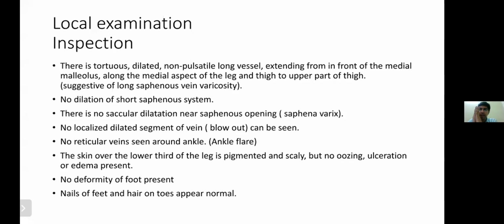Anatomically, as I said, the great saphenous system is the medial one. If you see swelling near the ankle, the medial malleolus, and moving on medially near the knee or above near the saphenofemoral junction, that is the great saphenous system. Short saphenous system is lateral, ending in the popliteal vein in the posterior aspect. Perforators are in between, singular small varicosities. That is the first thing you have to determine. The second thing to determine is whether complications are present or not. That is very important.